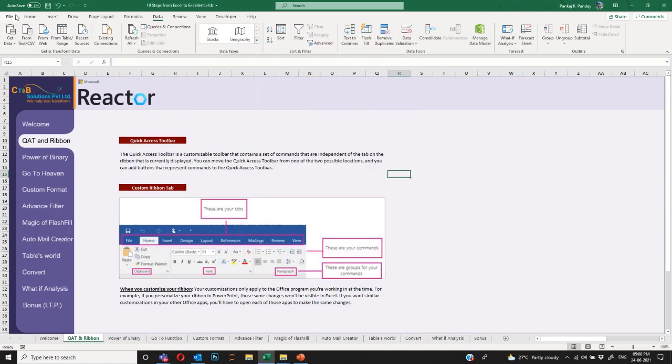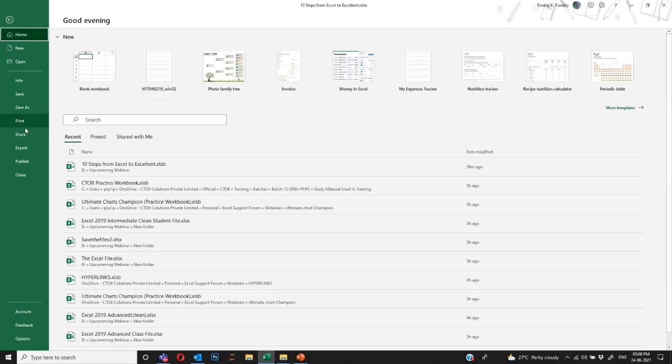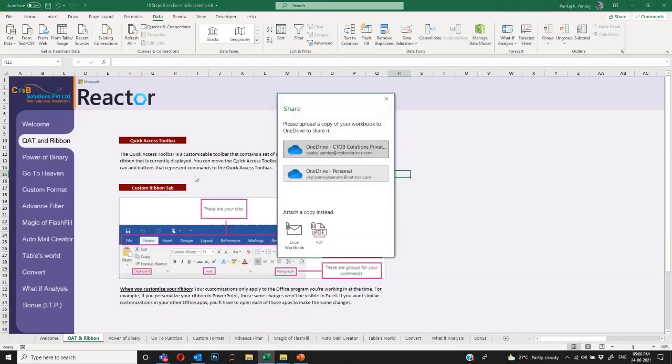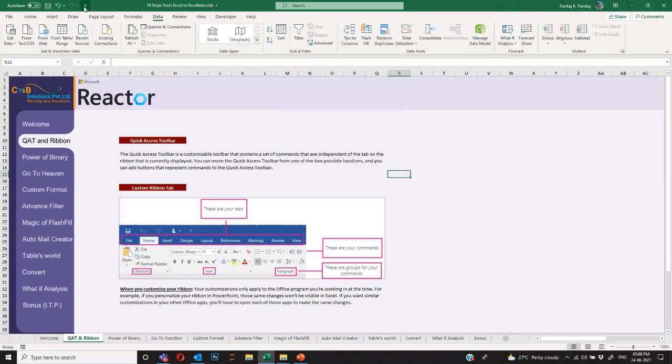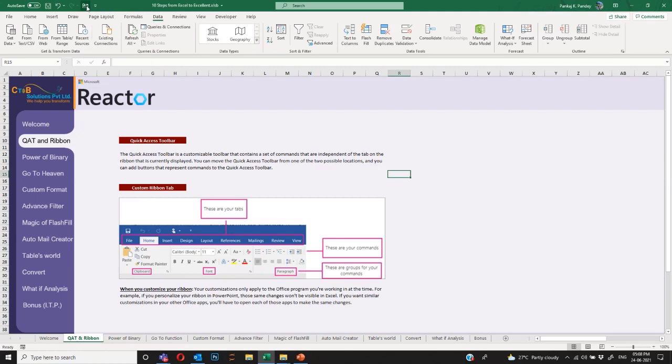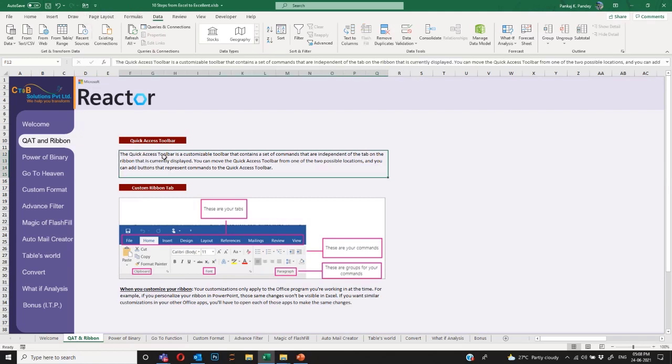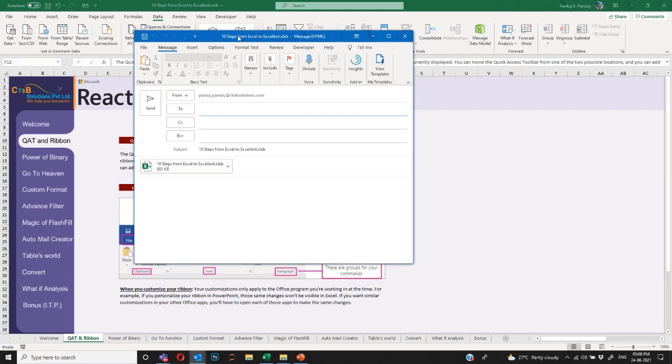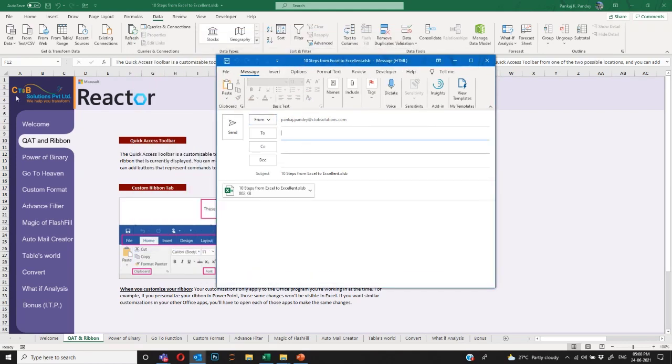But even then, I have to go here, then Share, and make three clicks. How can the Quick Access Toolbar help with that? If you see this tiny drop down icon, I'll click here and check Email. Now my email icon is embedded in my Quick Access Toolbar. Next time someone asks me, can you share the file, I'll just click once, and with one click my email is drafted. I don't have to go and find the command, it is directly available to me.